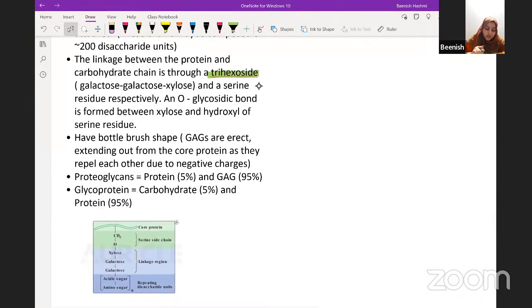So it gives it a bottle brush shape. The GAGs are erect, extending out from the core protein as they repel from each other due to negative charges. Now, proteoglycans, the protein contains